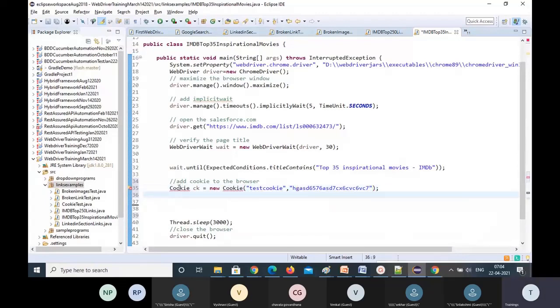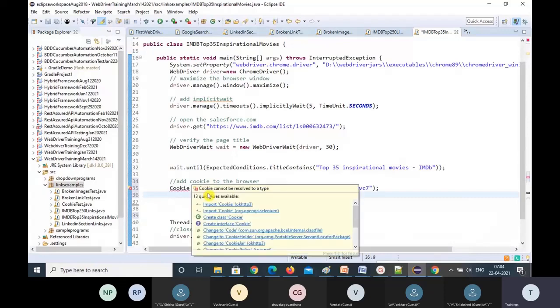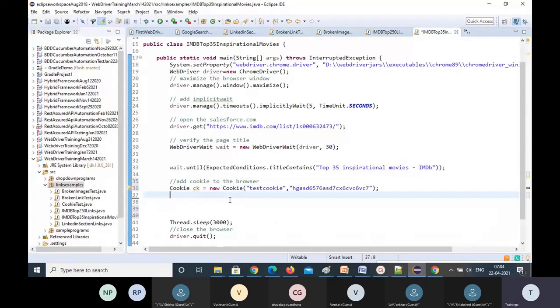But this is throwing an error. Why? It is in another package, right? You have to add the import statement, then it will be solved. But you have to call the addCookie method to add it to the browser.